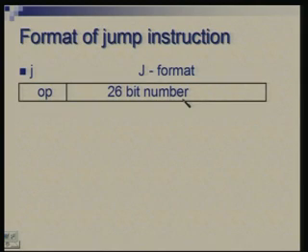Now finally we are coming to the jump instruction. The jump instruction has only two fields, the opcode field and a 26-bit field which decides the next address. So once again, since it is not a full 32-bit address, we need to retain some bits of PC as they are. So what we will do is we will take these 26 bits and 4 bits from PC plus 4, again not PC, and form a new address for the next instruction.